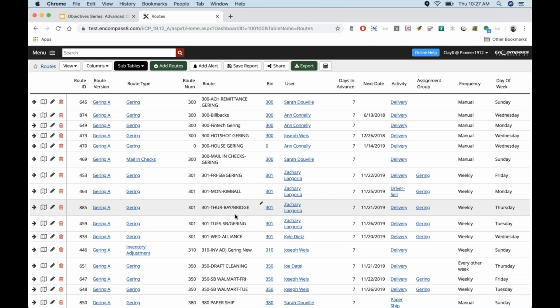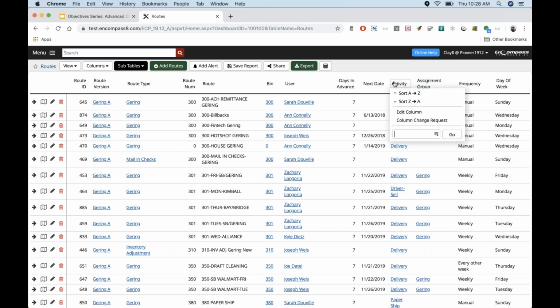So what I wanted us to do first is focus back on the concept of activities and assignments, okay, and how those tie into objectives from a table standpoint. So what I typically like to do when I'm explaining this is go to the routes table. Even if you don't work with routes, you should be familiar with the table, right? The responsibility of the table is to determine what our routes are for our sales reps, our drivers, or our merchandisers, or driver sale, whatever, right? And there's a lot going on this table, but the two fields that we're going to be talking about today is activities and assignment groups.